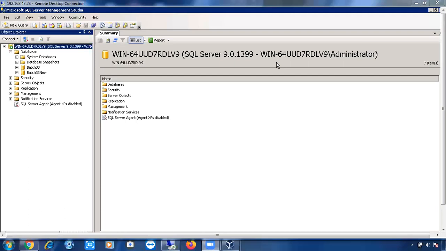We have two types of service accounts. One is the default service account, the second one is the customized service account. Okay, for the default service account, whenever you're installing, you can select local system or network service, anything you can select. For the customized service account, if you want to set up a customized service account, what you have to do is create one account first. Why? Because we have already discussed service account means it's a simple login, it's a user.